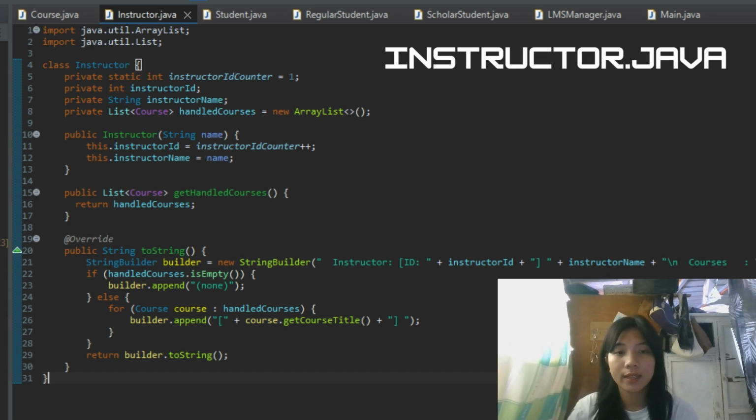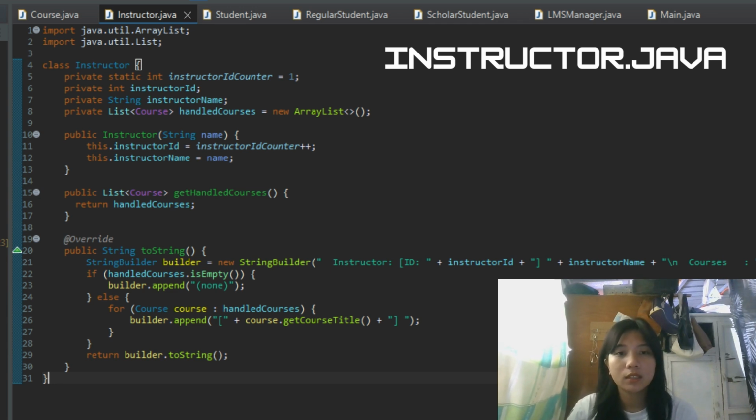After that, we define the constructor Instructor(String name). This is a constructor used when creating a new instructor object. Inside the constructor, the instructor is assigned a unique ID using instructorIDCounter, and then the counter is incremented. The instructor's name is also assigned using the parameter provided.